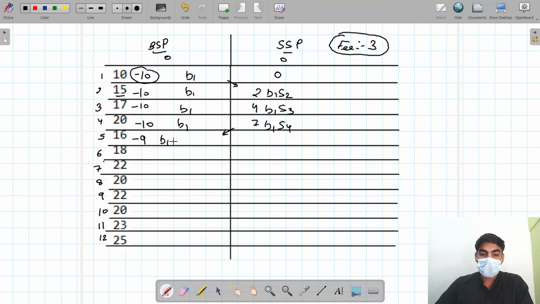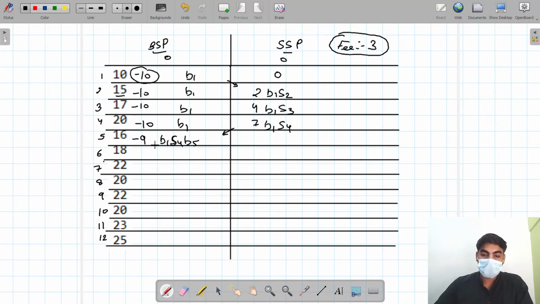So buying at first, selling at 4, and buying at 5 next. Okay, I hope you understand. I am again repeating it. If we buy today, we take a 9 rupee loan, or if we take the older one as it is, we take a 10 rupee loan. We have to find the maximum here. So which one is better for finding maximum profit? Taking the 9 rupee loan. So we are taking 9 here.